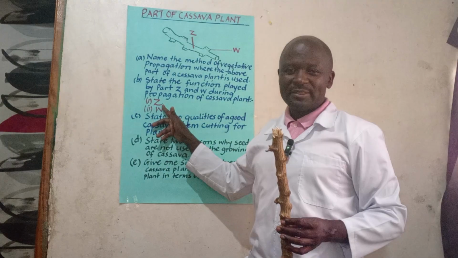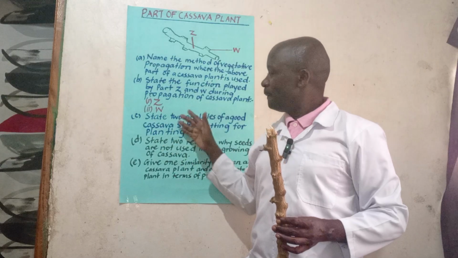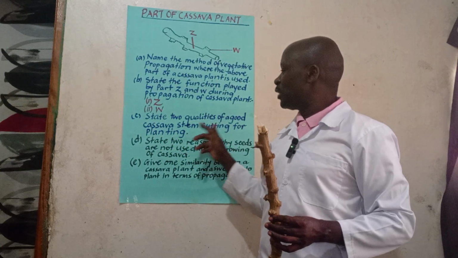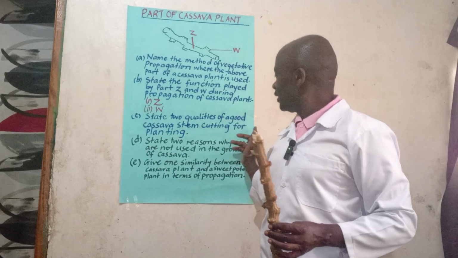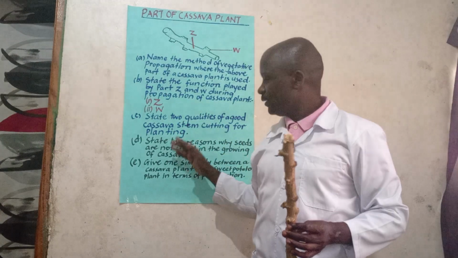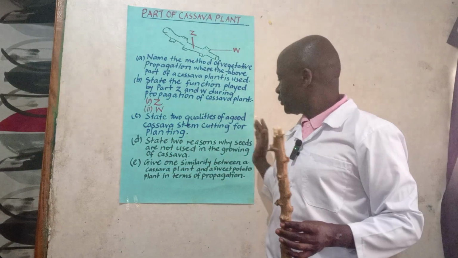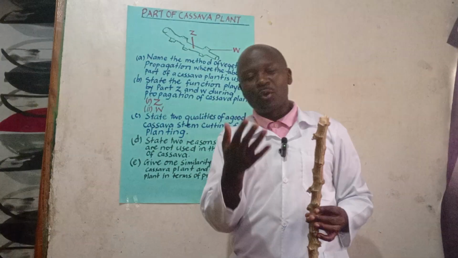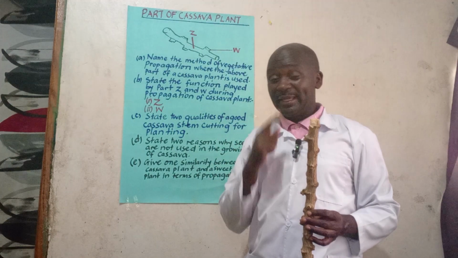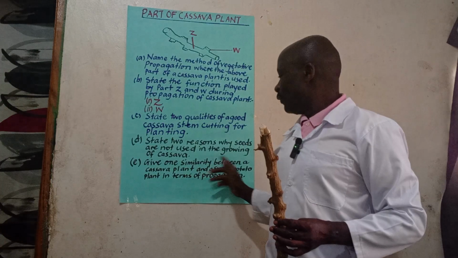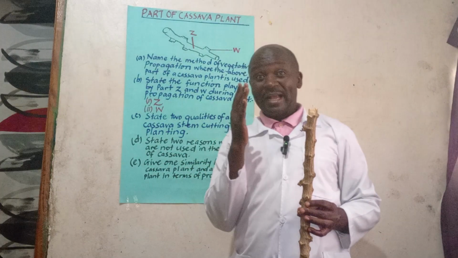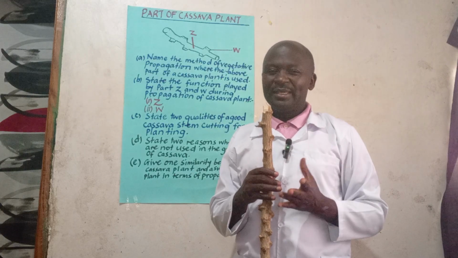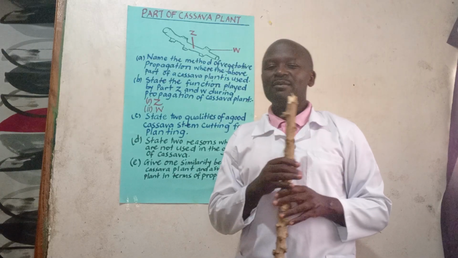Roman 1, part Z. Roman 2, part W. Part C: state two qualities of a good cassava stem cutting for planting. Part D: state two reasons why seeds are not used in the growing of cassava. Then the last question: give one similarity between a cassava plant and a sweet potato plant in terms of their